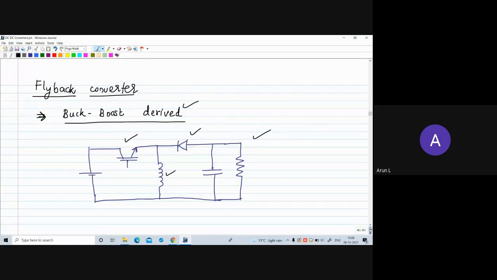In this particular topology, you can observe this switch is coming on the positive rail. I can connect the switch in the negative rail also without affecting the circuit, without any change, because this is simply a switch. One can connect the switch in this rail or on the negative rail. There is no change. So I will short these two ends and connect the switch in the other rail, that is here.